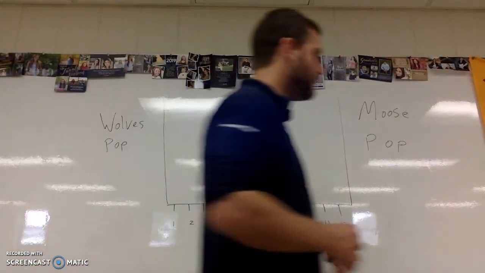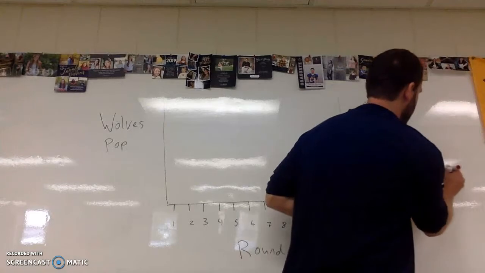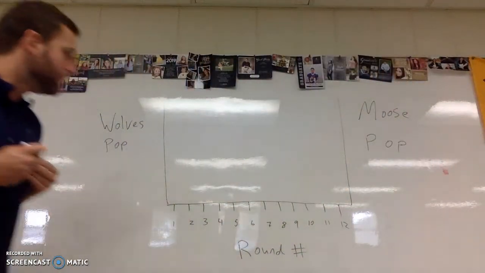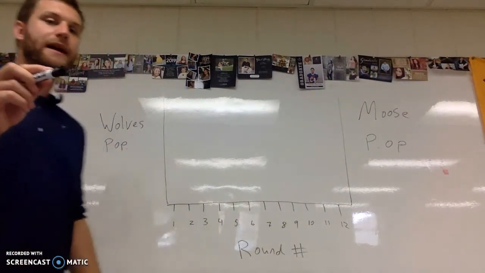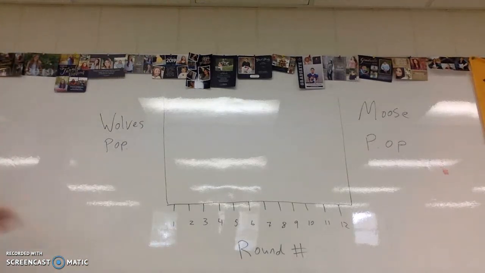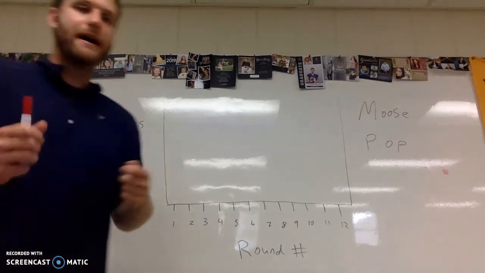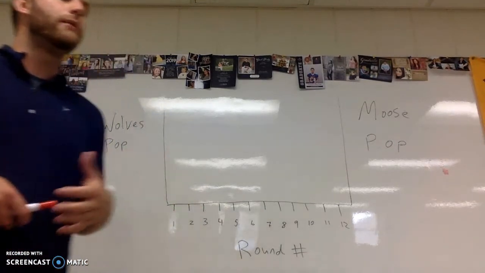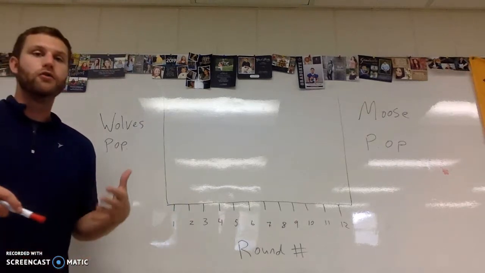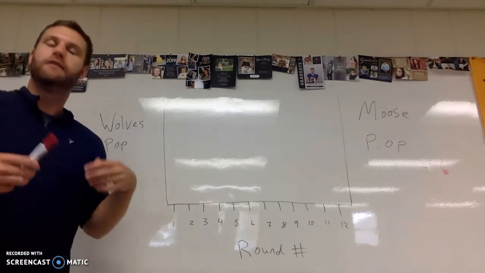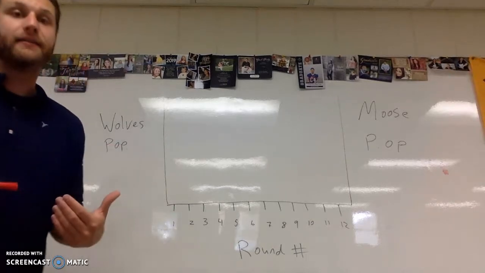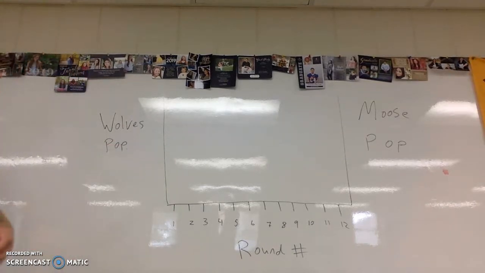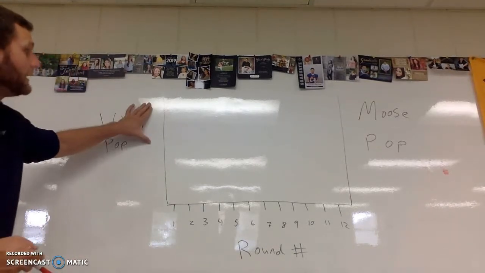First, I'm going to use a different colored marker so we can see it a little bit better. I'm going to mark the wolves in red, and the moose I'll use black for. So let's say in round number 1, I look at my data table, and in round number 1, what everyone's going to have are 2 wolves and 10 moose. But before I do that, I need to number the y-axis for the wolves and the